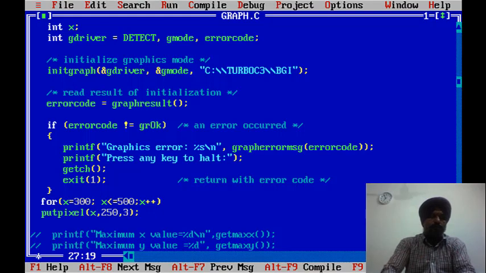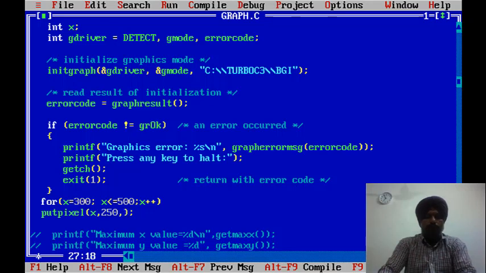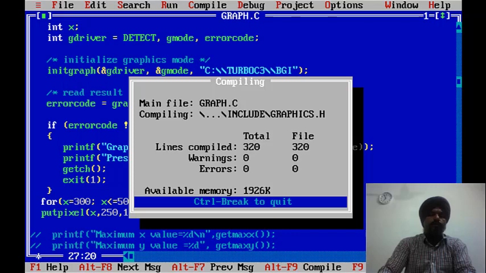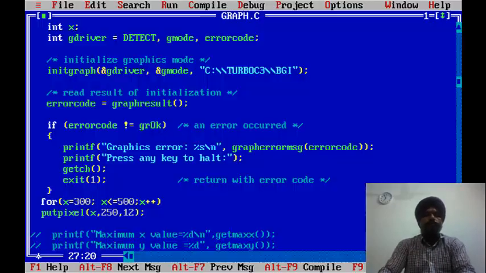Similarly, if I use 3, it will print with another color. In the same way you can use as many colors as you like, because there are mostly 16 colors in the C language to draw the line.